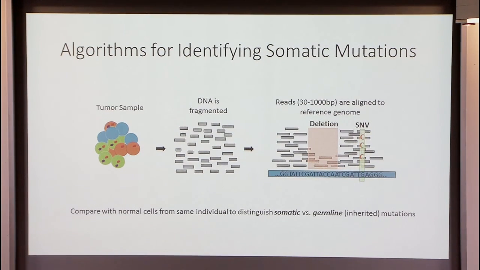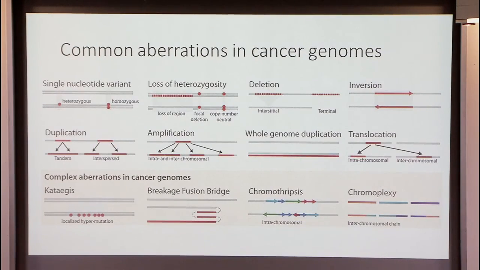So what are the mutations, or more generally the genetic aberrations that we expect to see in cancer? Now, it turns out that there's a large number of different genetic aberrations that have already been described. There's a long list, and this is really only a subset. And it ranges, as we have seen already, from very simple changes like a single nucleotide variant to very complex aberrations that have these fancy names like chromothripsis, kataegis, and so on. So let me look at a few of them.